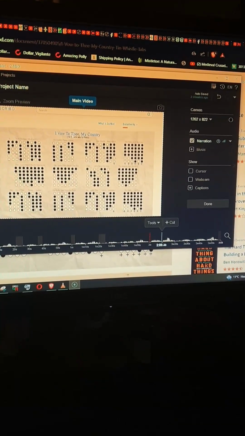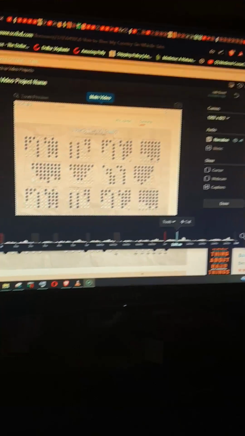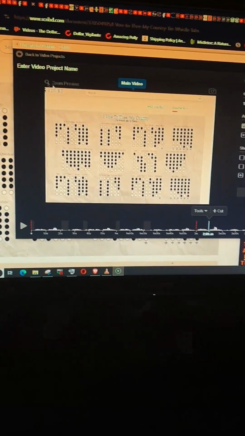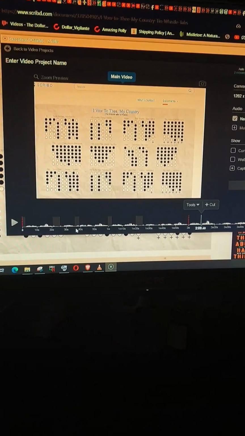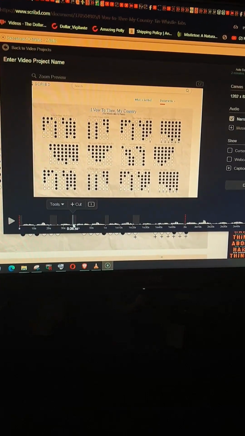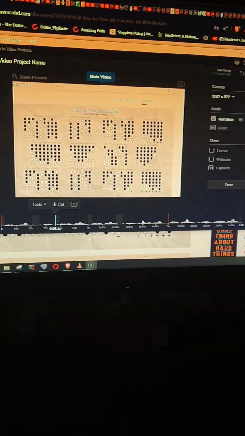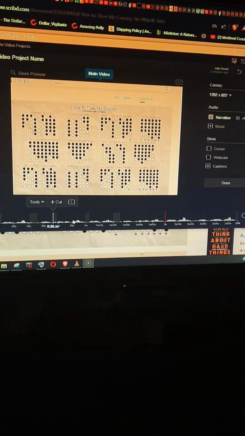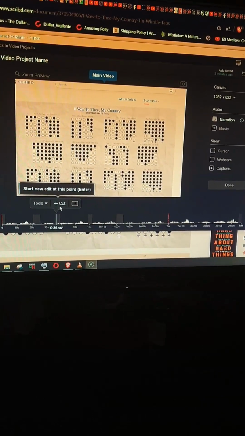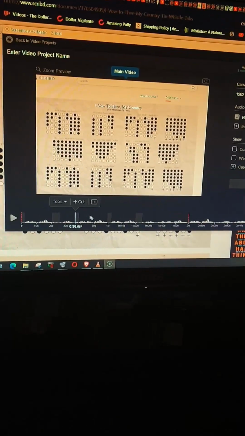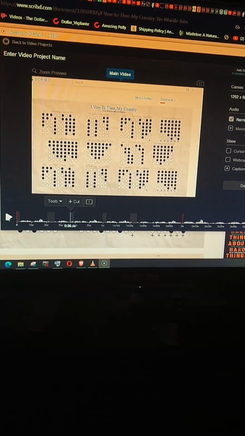So after you've recorded your video, it gives you the option to go into edit, which is this screen here. And what you can do is then you can basically listen to your recordings and pick the best one, and it gives you these tools here. You can cut out bits, so basically